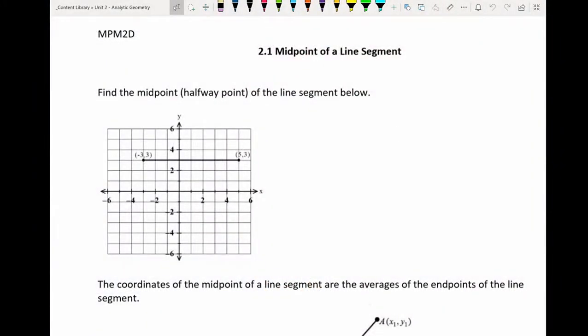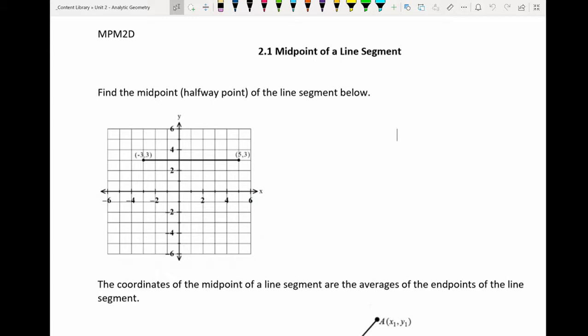In today's note, we are going to be moving into a new unit called Analytic Geometry, and the first thing we're going to be looking at is midpoint of a line segment. So basically in analytic geometry, what we're going to be doing is using the concepts that we learned in linear relations or linear equations and applying that to some geometric properties, to line segments, shapes, and whatnot. So in the first note, what we're going to do is try to find the midpoint of